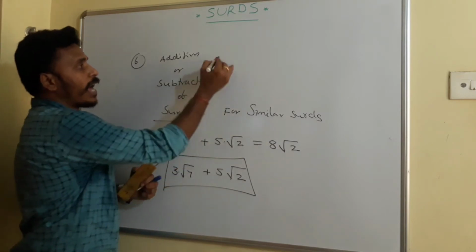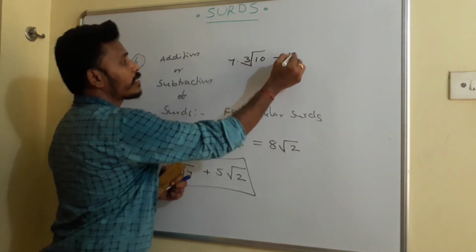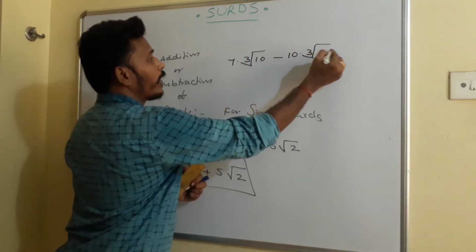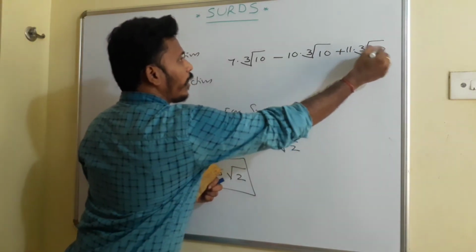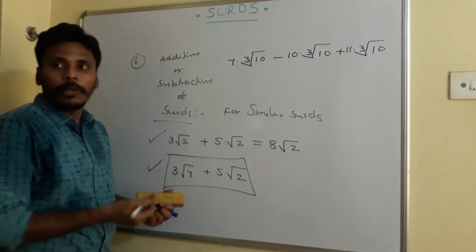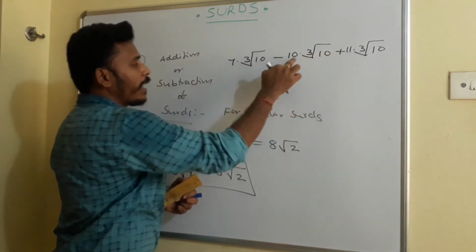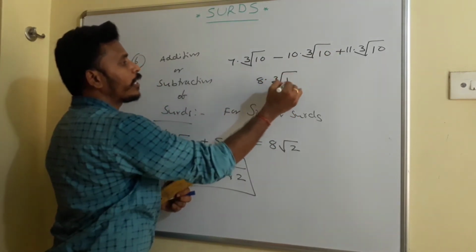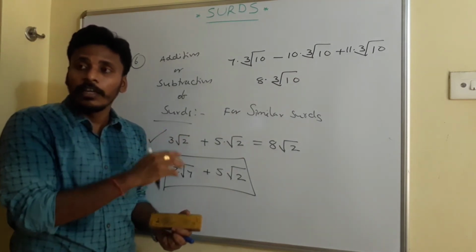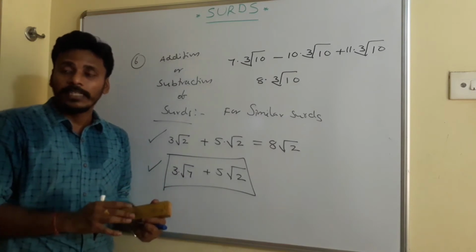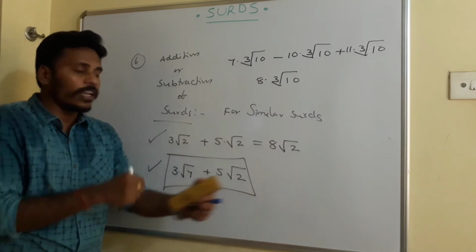Okay. For example, if I have something like 7 into cube root of 10 minus 10 into cube root of 10 plus say 11 into cube root of 10. Then you have the possibility to add because everywhere it is cube root 10. So if you add, 7 plus 11 is 18, minus 10 is 8. So you just write it as 8 into cube root of 10. Otherwise, there is no such chance. If they are not similar, we don't have such a chance. So you just keep in mind that you have a chance to add if they are similar surds. And on further simplification also we will try to add.